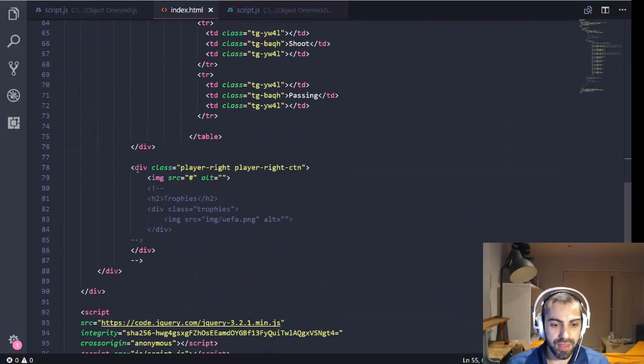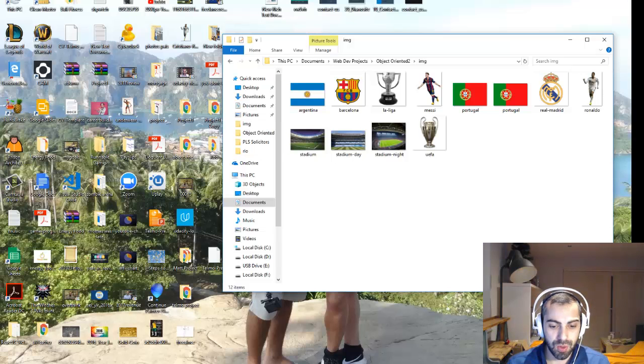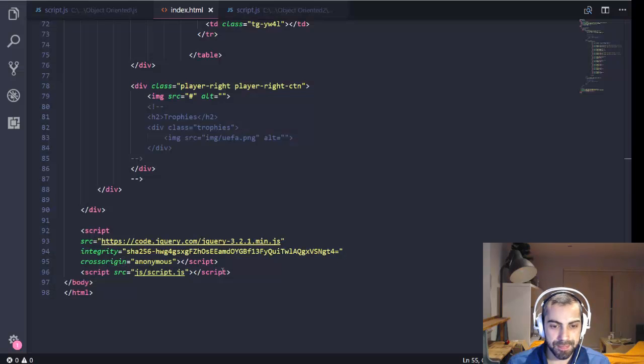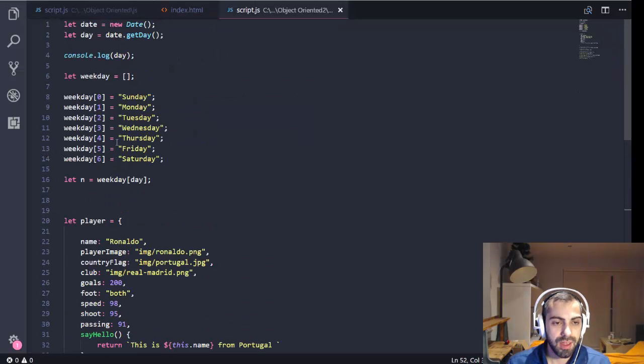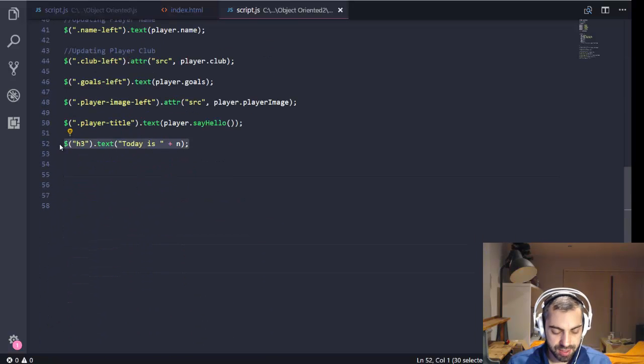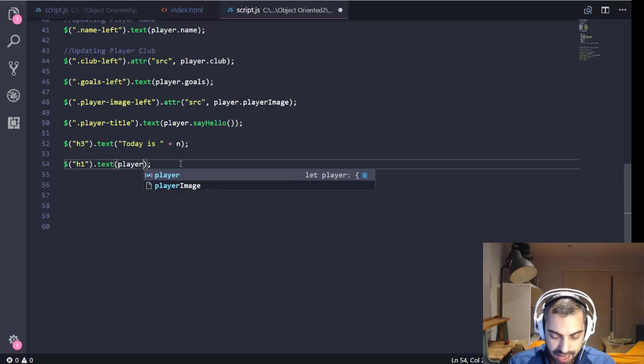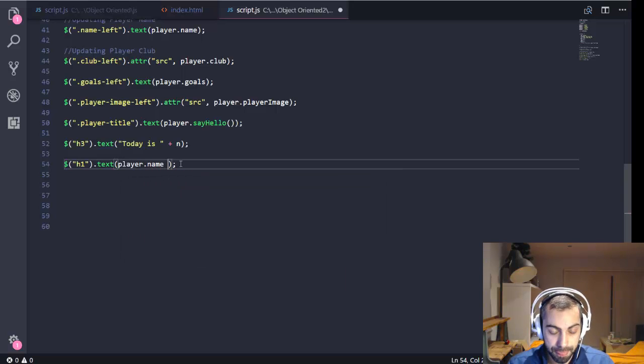I think there is no other h1. Yeah. So, oops. If I'm going in here, h1. Okay, I'm going to target this. And I'm going to say h1, and I'm going to put in here the text is going to be player.name plus and